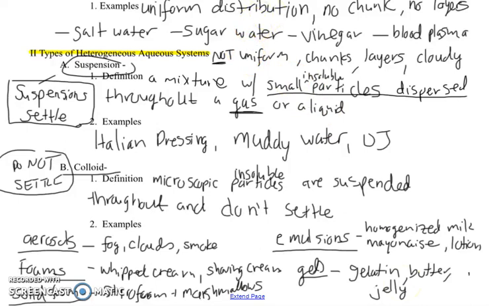The main thing that I want you to keep in mind is that colloids do not settle, suspensions settle. So if it's heterogeneous, that is your main difference. Yes, Leo? Homogenized milk. It means it's been processed so the milk and the cream don't separate. Good. Okay, I'm going to pause here on page